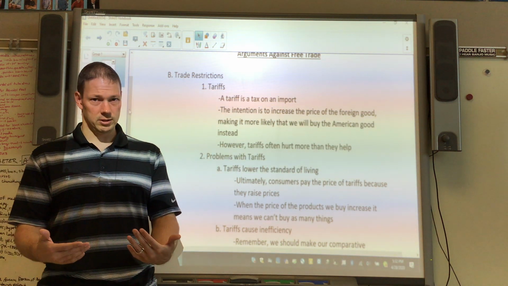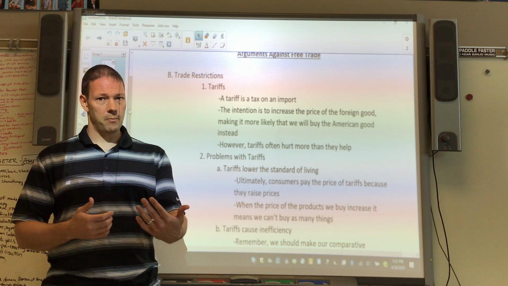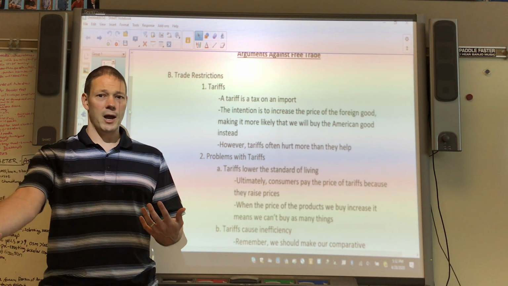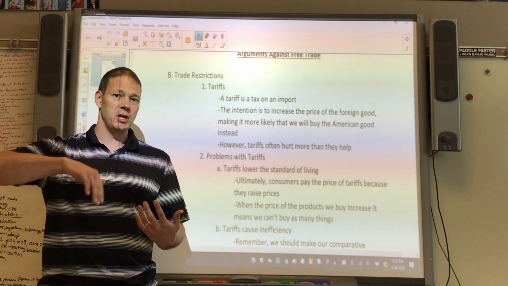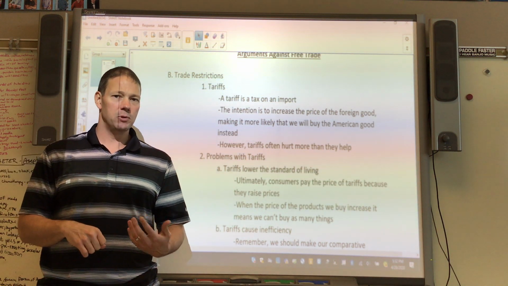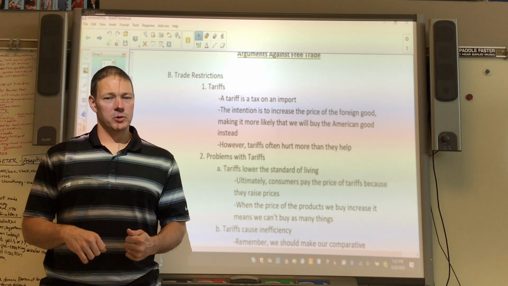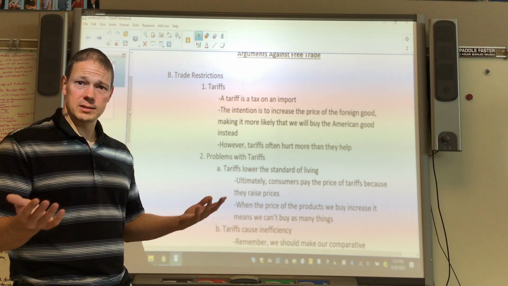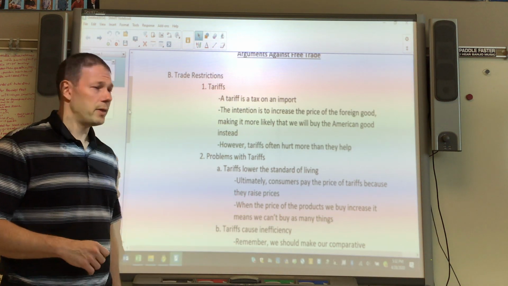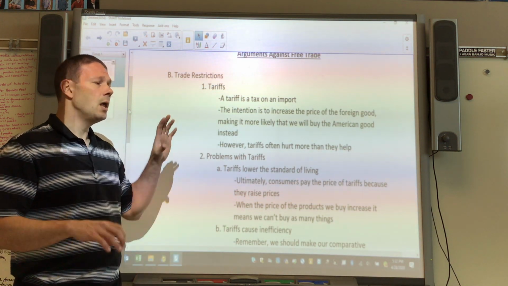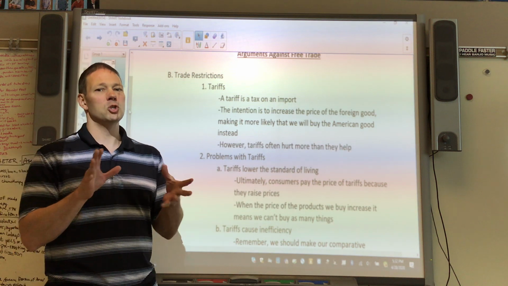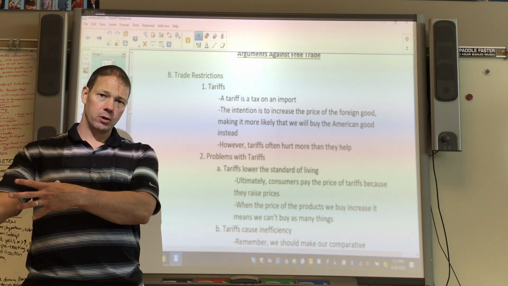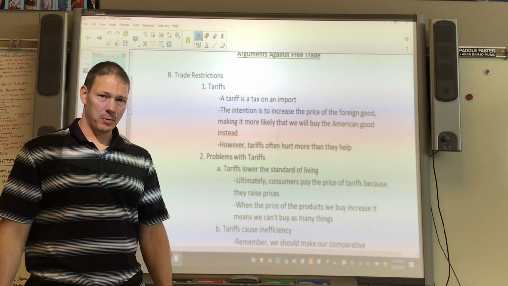buy American goods. Okay, so there's an American pair of blue jeans and a pair of blue jeans, say, from China. Well, we put a big tax on the Chinese blue jeans. It raises the price of the Chinese blue jeans. It makes the American pair of blue jeans a little bit more attractive, right? In the sense that they're cheaper, so I'd rather buy that. And so that's the idea, that's the goal. And so ultimately the goal is to protect American industry, right? If we're hurting foreign goods, it's going to encourage more people to buy American goods.